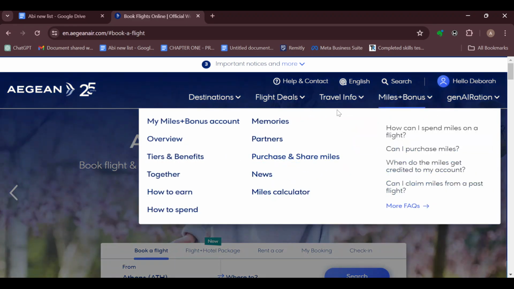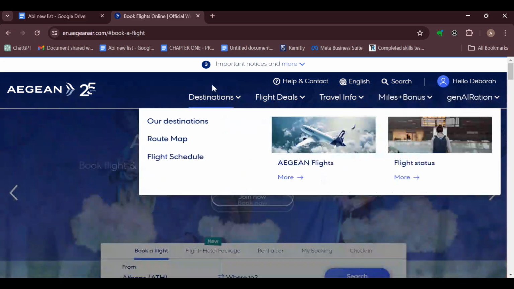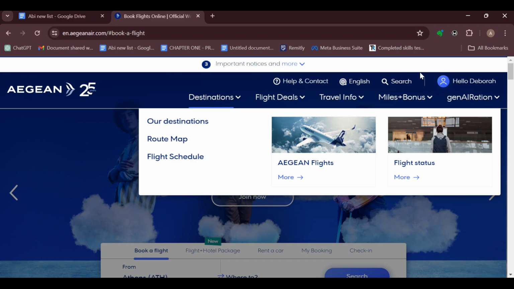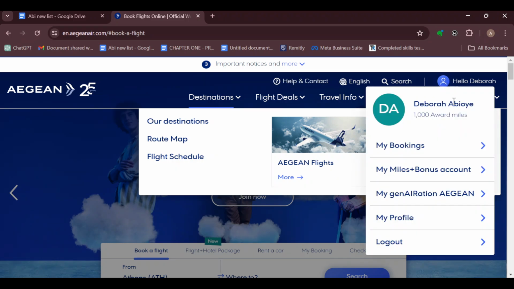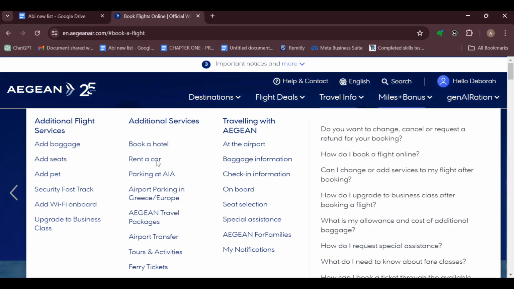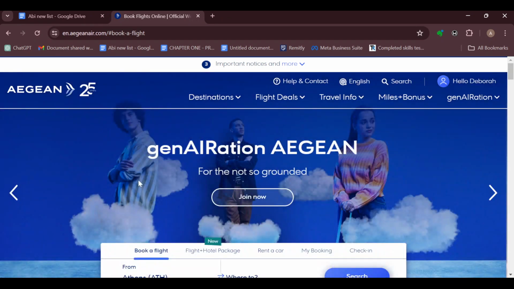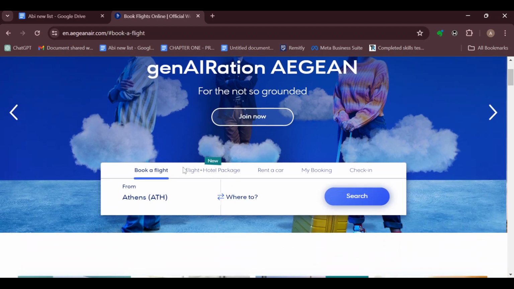Now, the first thing is to log in to your account, of course. To be sure you are logged in, after entering your details, move to the top right corner. Once your name is displayed, as well as details about your login and your account, you're sure that you are logged in successfully. So once you're logged in, scroll down and then you can see a small box